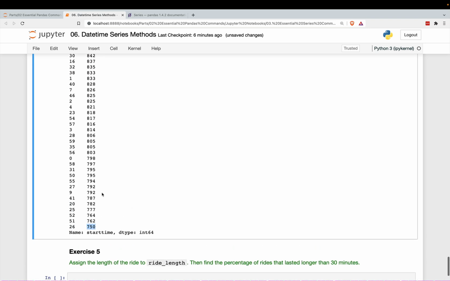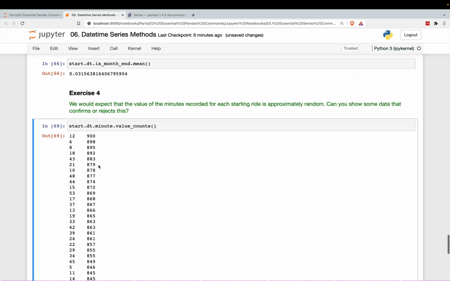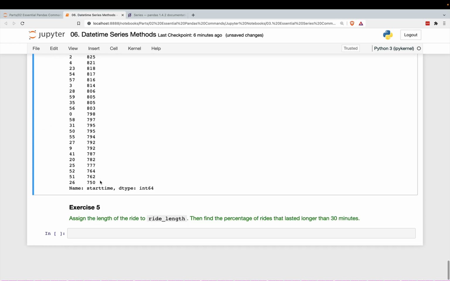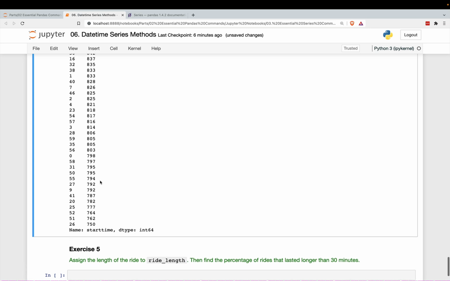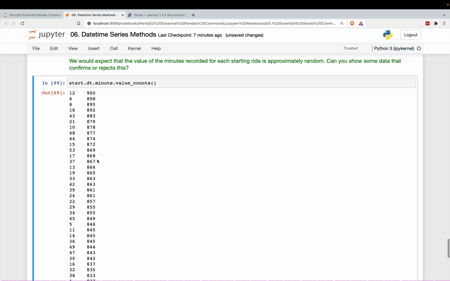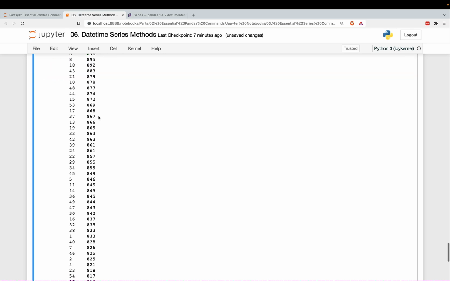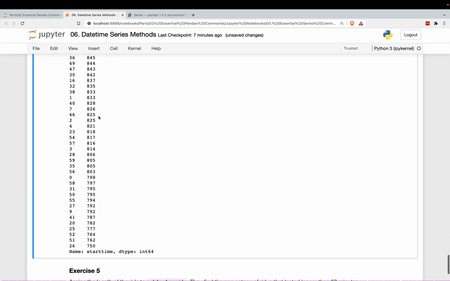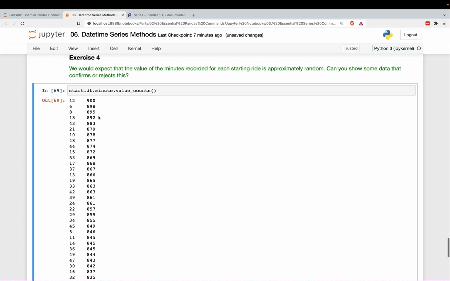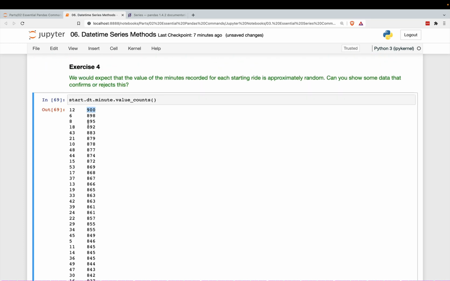So there is a big difference between the least common. It's actually not a huge difference. But that's sort of what you would expect if you just do random number calculations. That is probably what you would expect for the highest and least number. Of course, you can do some formal statistical testing to determine if this is truly random. Maybe there's some shenanigans going on with this City of Chicago bike data set, and the city is purposely adding minutes or rounding things up to the nearest minute or something.